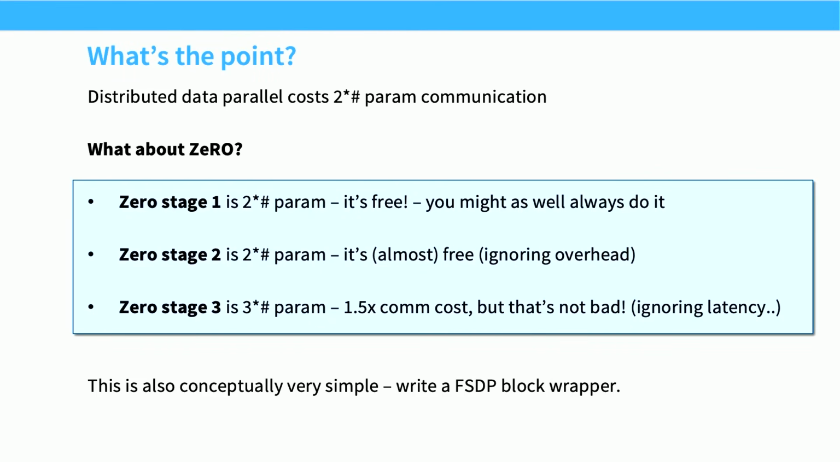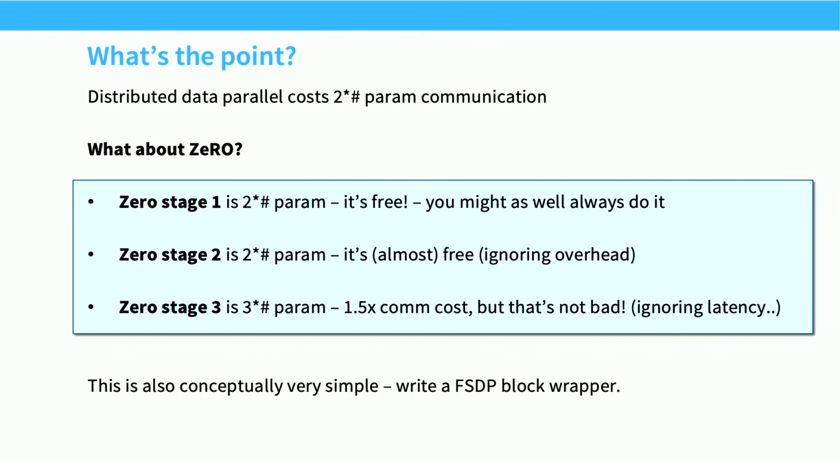The ZeRO stages 1 and 2, the ones that shard gradient and optimizer state, are free in the literal sense because they have the same amount of communication cost. It's just the identity of all-reduce being equivalent to 2 operations. Now ZeRO stage 3 is technically a little bit more communication. You need an extra all-gather, right? But it's not so bad because of the really clever ways in which all these libraries can hide the communication